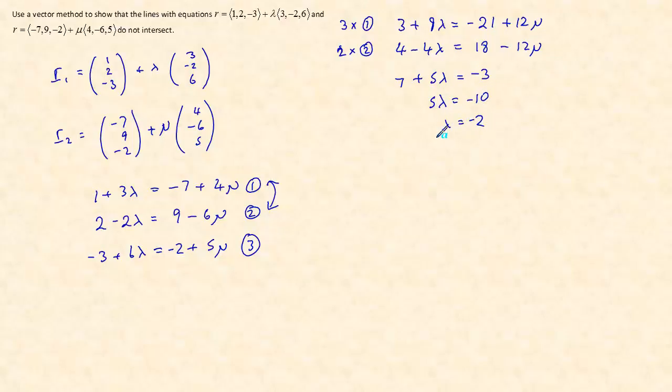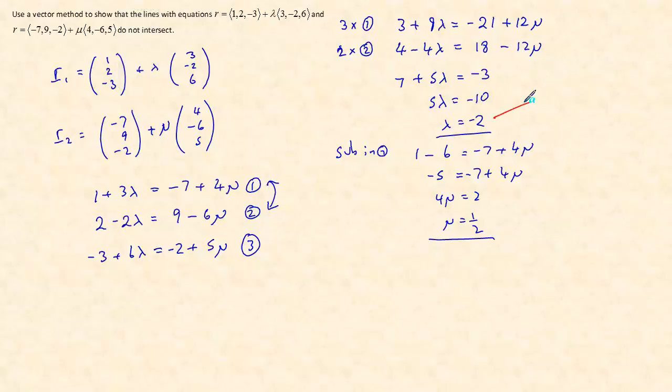Lambda is -2. And if we sub that in 1, that gives me 1 take away 6. Lambda is -2 equals -7 add 4 mu. So -5 equals -7 plus 4 mu. 4 mu equals 2, so mu is a half. So what we've got here is that lambda is -2, mu is a half, would make these first two